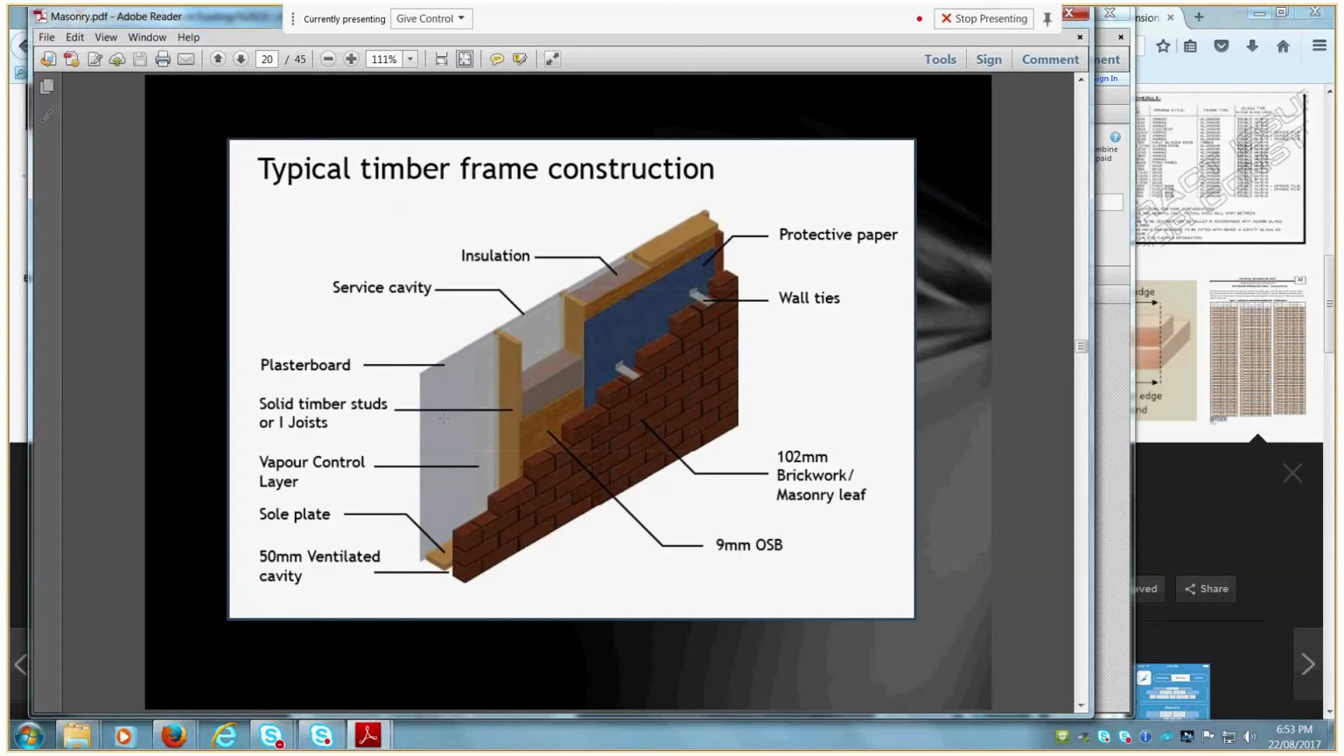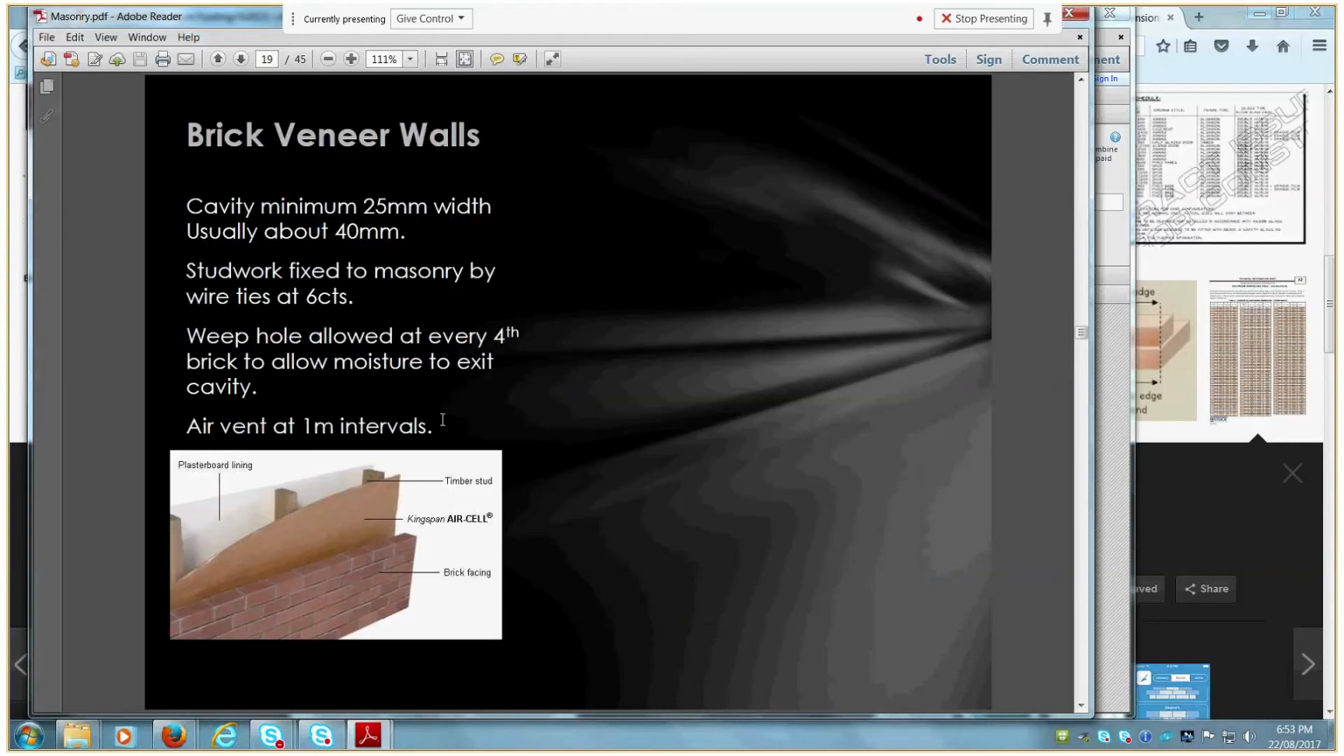How does reverse brick veneer work? Reverse brick veneer, well, essentially it's like the reverse of that. So this is our external cladding. So reverse brick veneer